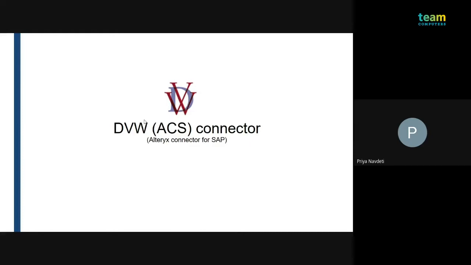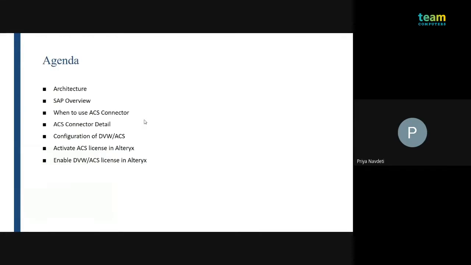It will help you to connect, extract, pull or push the data from the SAP system to the Alteryx. So, for today's agenda, we have the architecture where the DVW or ACS connector stands, and how we'll proceed further, how we'll connect to Alteryx and then the visualization tool.